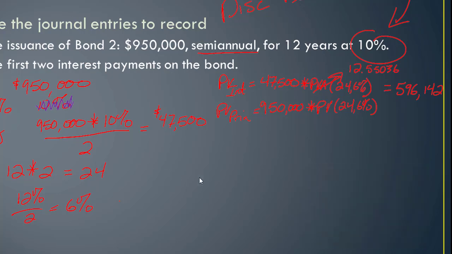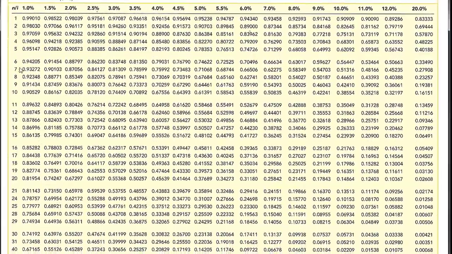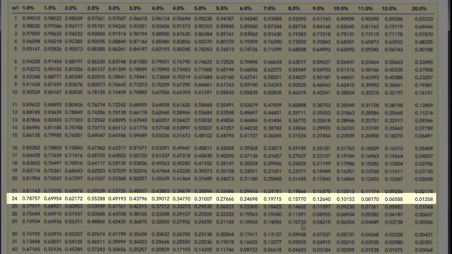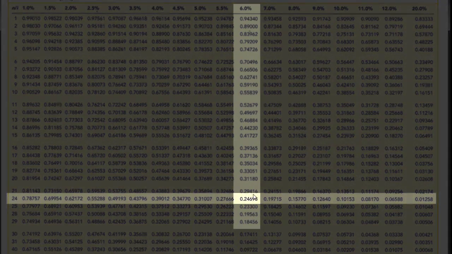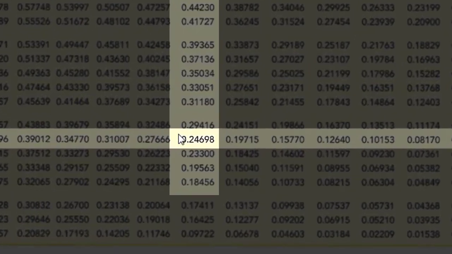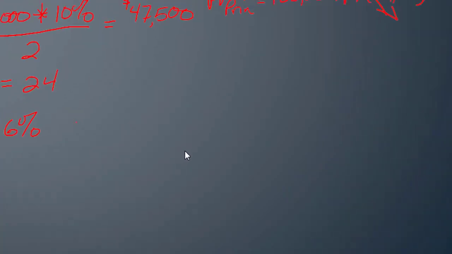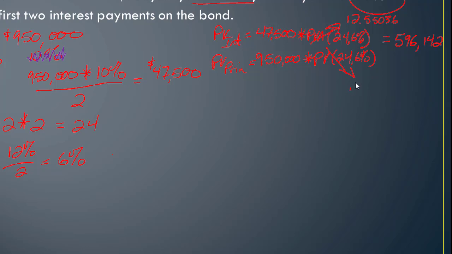Let's go to our table and get this value. So N of 24, 6 as our rate, so 0.24698. And if we multiply that out, we end up with 234,631. And we'll add those two up to get our bond value, and that's going to be